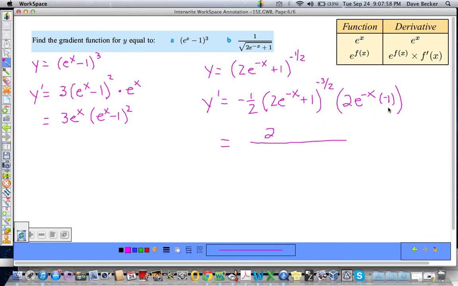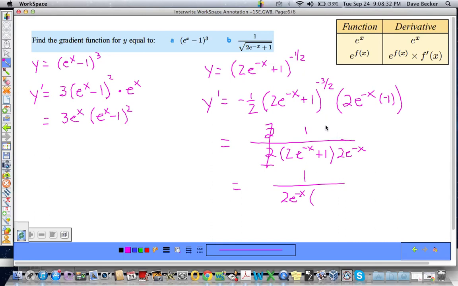So this 2 right here is down low. Ooh, we're going to get some cancellation. This comes down to e to the negative x plus 1. And then the 2e to the negative x comes down as well. 2e to the negative x. Kapow. So there's a 1 up here. So my final answer would be 1 over 2e to the negative x multiplied by